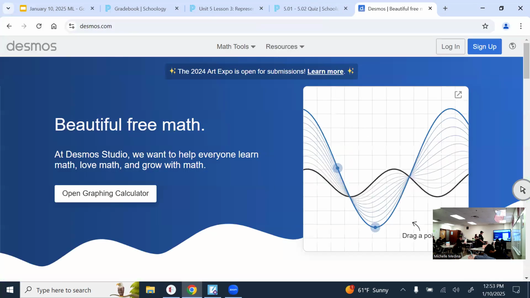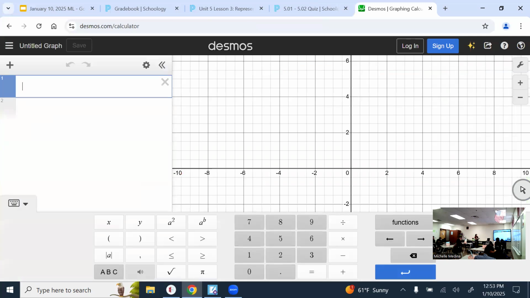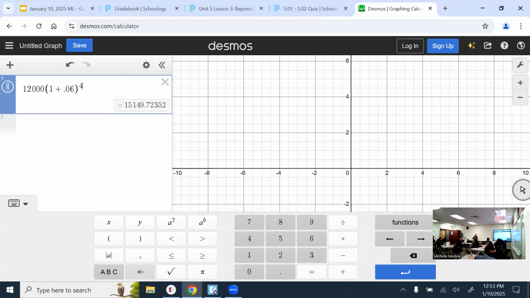Otherwise, you have to do order of operations, but I prefer you just type it all in at once. That's 12,000 times 1 plus 0.06 to the 4th power. That's what we plugged into the formula. Then we get this amount,